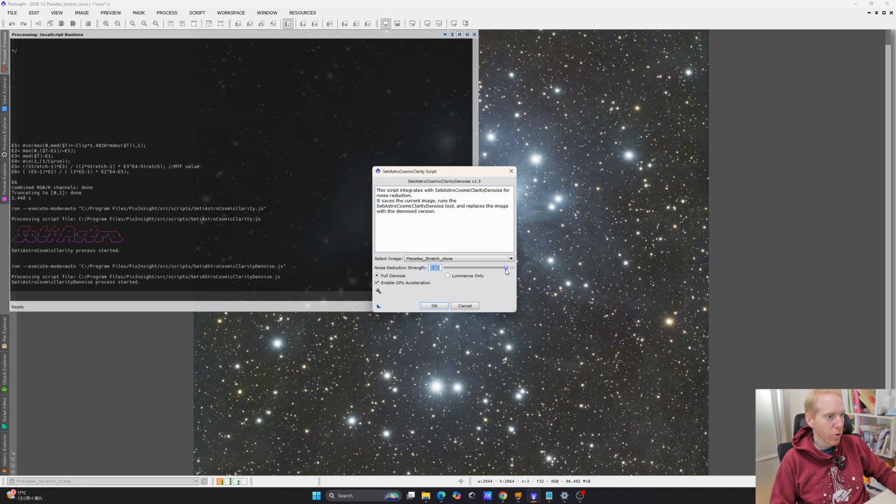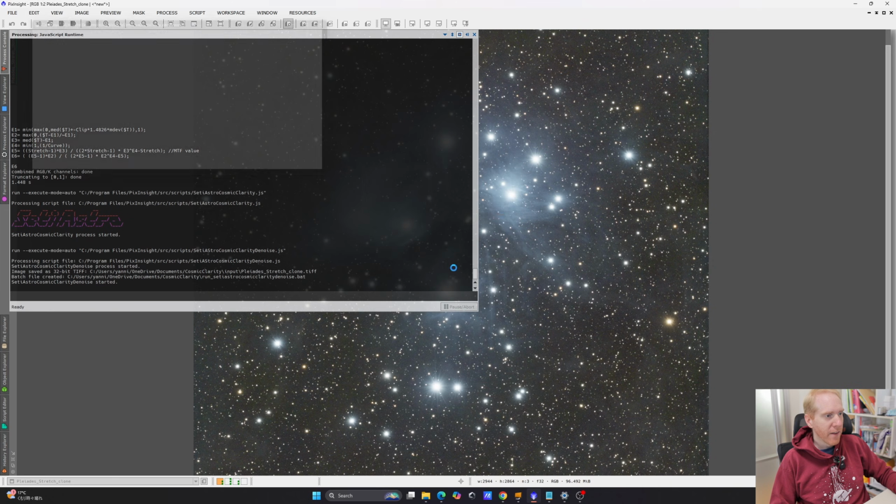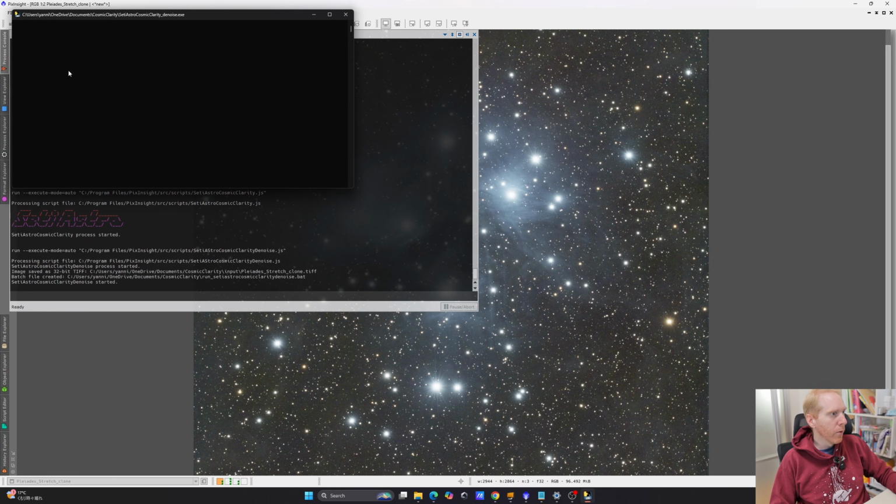And then you can choose your noise reduction strength and validate. And by the way, when you validate either of those, you'll see a window that comes up like that. It will process the image and then it will be done. If you by mistake close the window